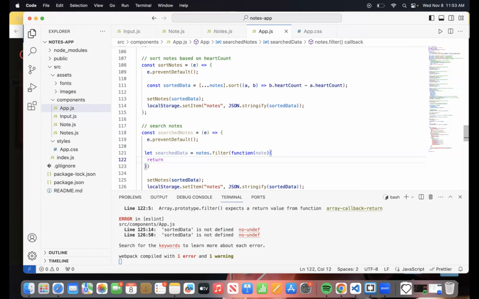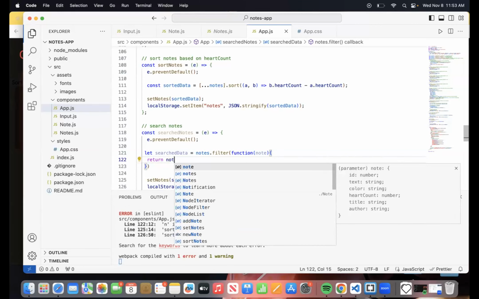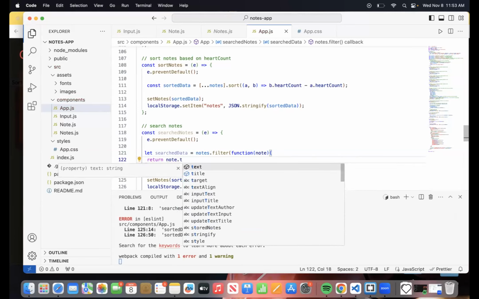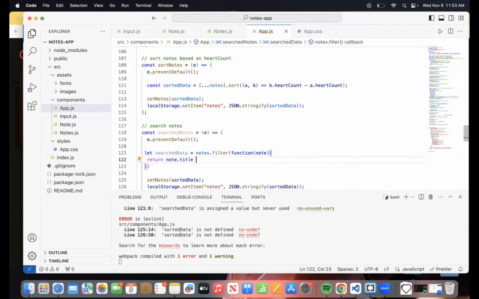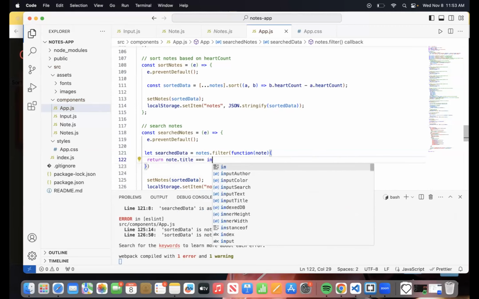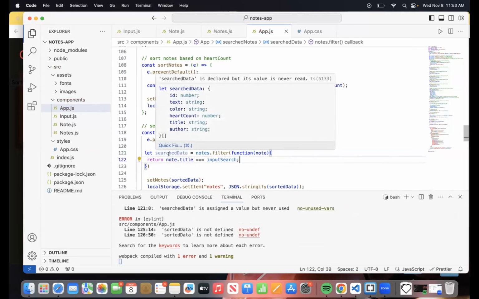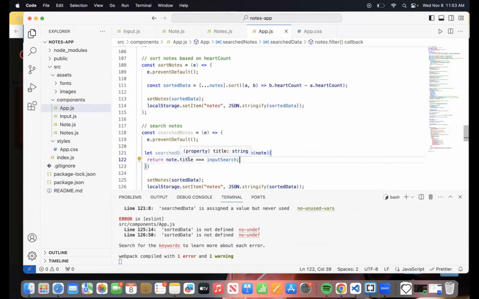So what I'm gonna do, I'm gonna check if our note, which is our event over here in this case, the current note, if the current note title is equal to the input search. If that is equal, then we are gonna get back inside this variable the entire object for that particular title.